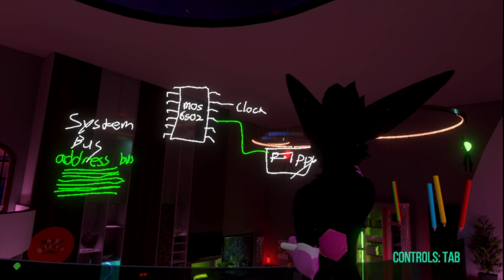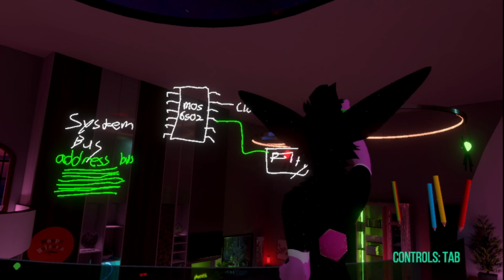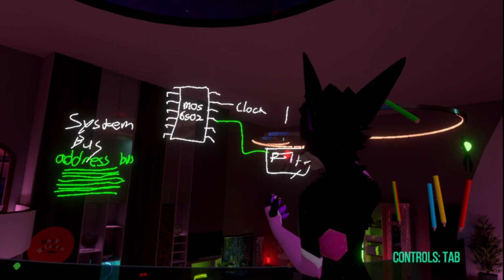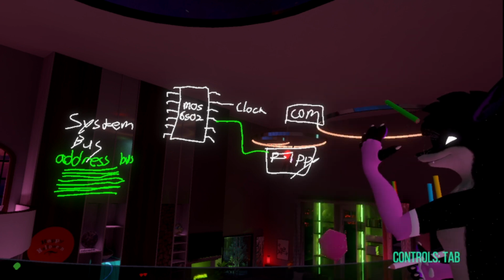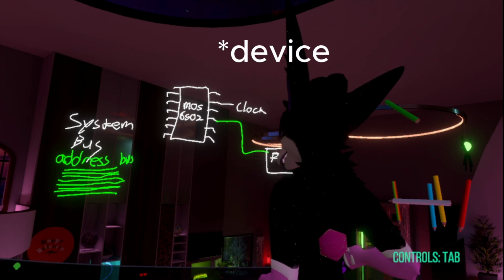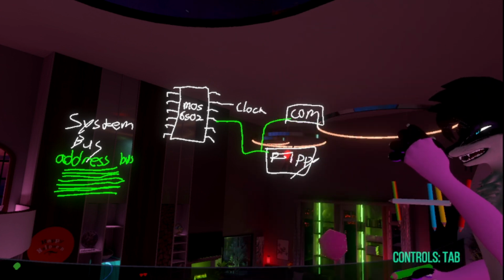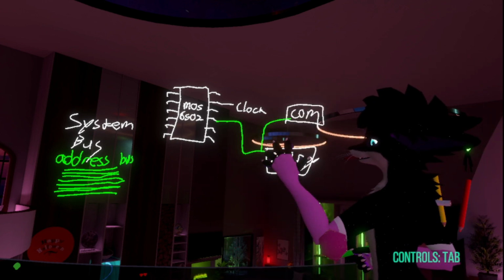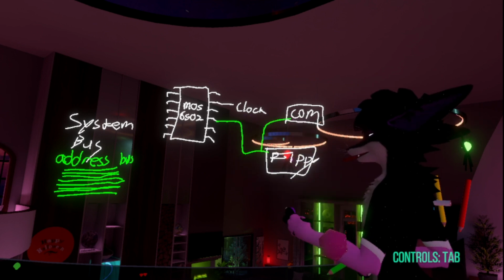And here is the serial communications bus as well, because why not? You can have a certain amount of things connected to the bus. I'm going to name that COM, the serial communications bus. It is connected to that. And using the 16 bits, I know that's 8 bits, but yeah, using the address bus, they're all connected.